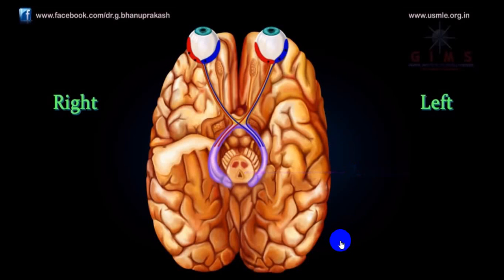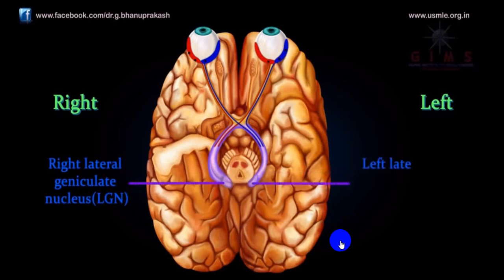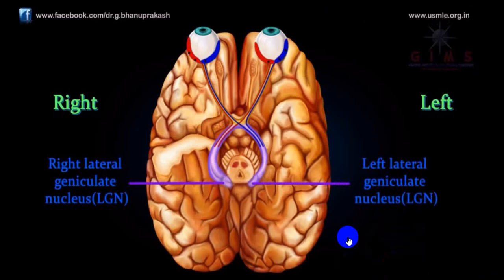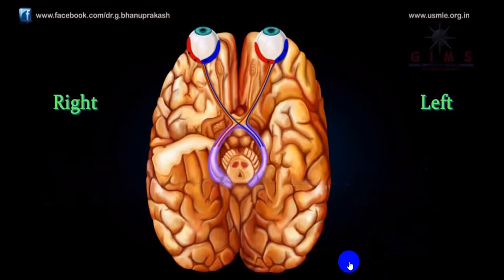The lateral geniculate nucleus serves as the primary relay nucleus for visual processing by the cerebral cortex. The right lateral geniculate receives information from the left visual field, the nasal left retina, and temporal right retina, while the left lateral geniculate receives information from the right visual field, the nasal right retina, and the temporal left retina. The spatial relationships among the ganglion cells in the retina are maintained in their targets as orderly representations or maps